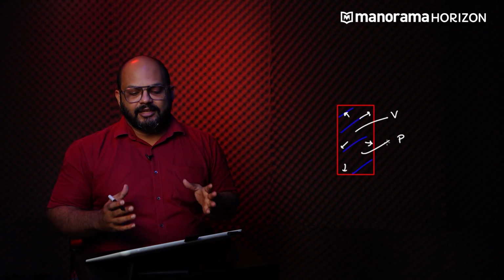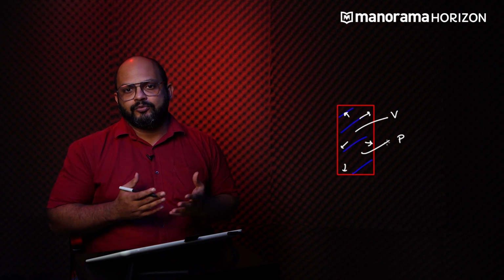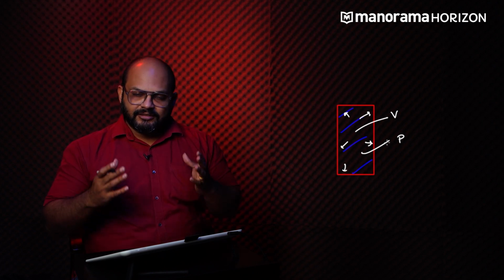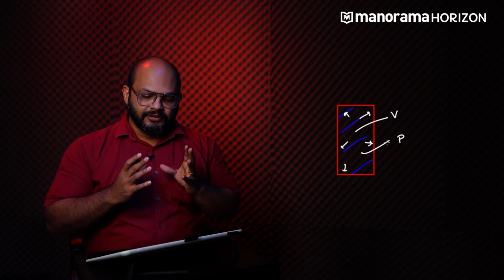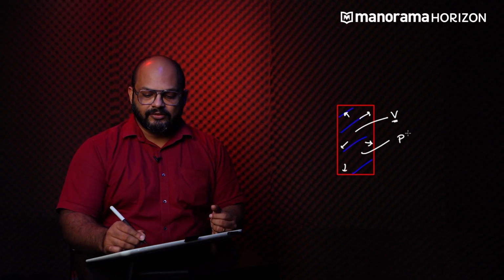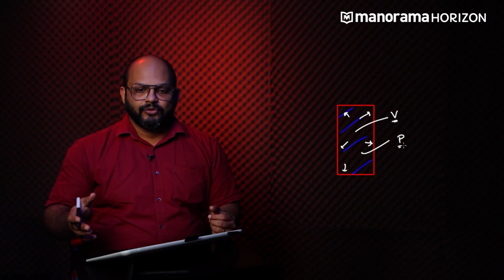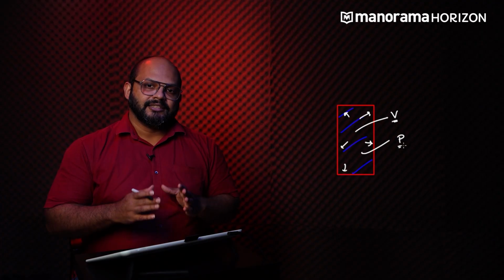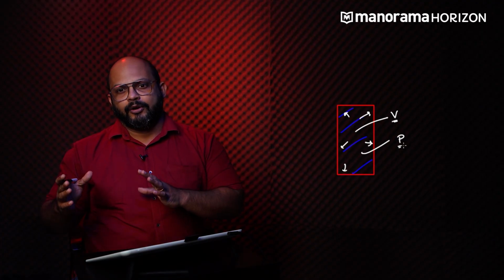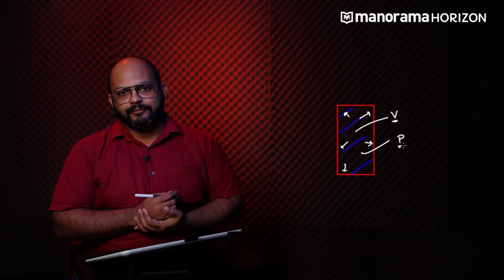But we understand that this gas placed in this container has a set of properties and can be defined by those properties. We say that this system, that is the container with the gas inside it, is in equilibrium if these variables like pressure and volume do not change with time. So if the pressure and volume of this gas remains the same over a long period of time, for that amount of time, the system is in equilibrium.